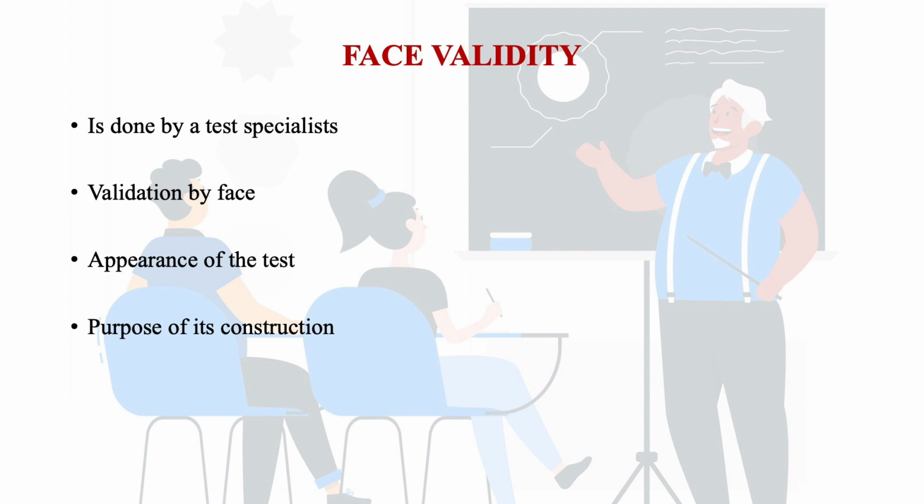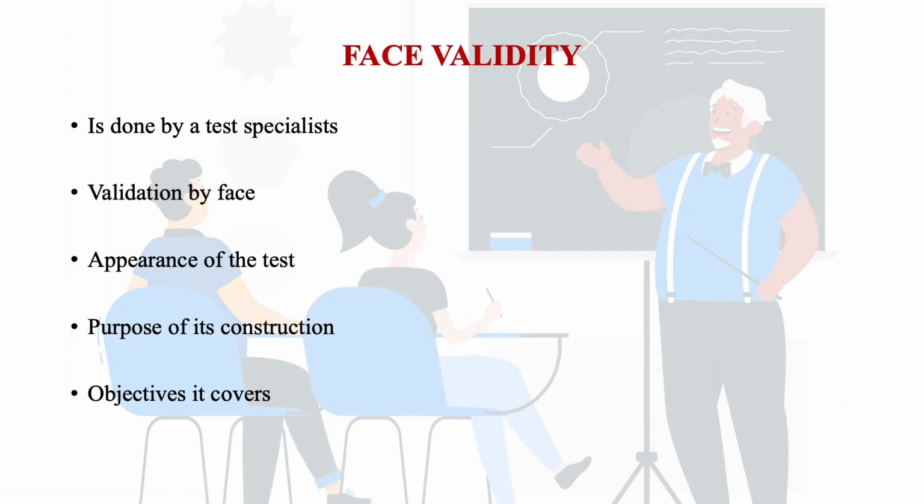Then further, the purpose of its construction: let's say you have constructed a tool for measuring achievement of the students, or intelligence of the students, or aptitude of the students. Here the subject experts or the specialist will go through the items. If it is an achievement test, the expert will check whether the items are related to an achievement test or not, whether the items are related to the subject of that standard of students or not. So just by going through the items and appearance, the expert will say that yes, the test has